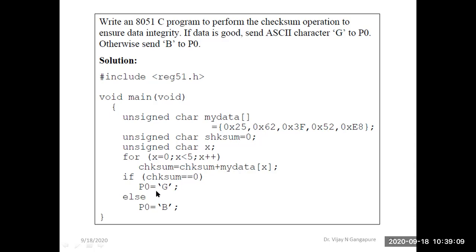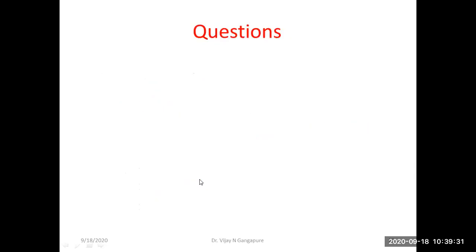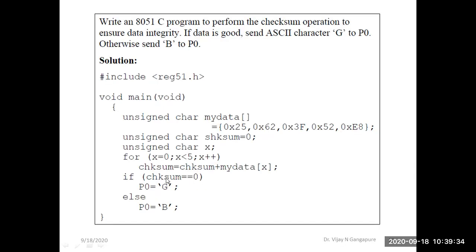Then we are determining whether this data is correctly written or not. So an if else statement is there: if chk sum is equal to 0. Double equal to is a relational operator, so this is a relational expression, and it will either return a true or false value. So if chk sum is equal to 0, if this is true, meaning the value in chk sum is 0, then we are going to execute this statement: p0 is equal to 'g';